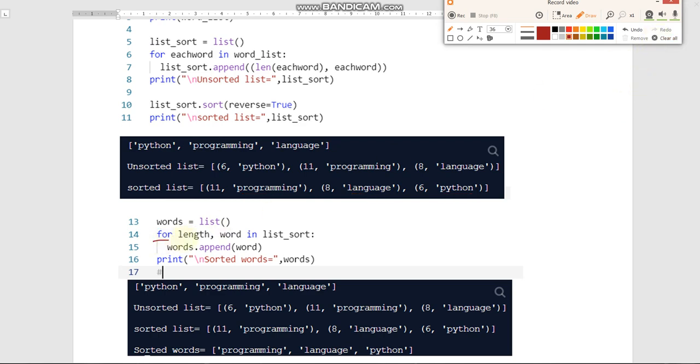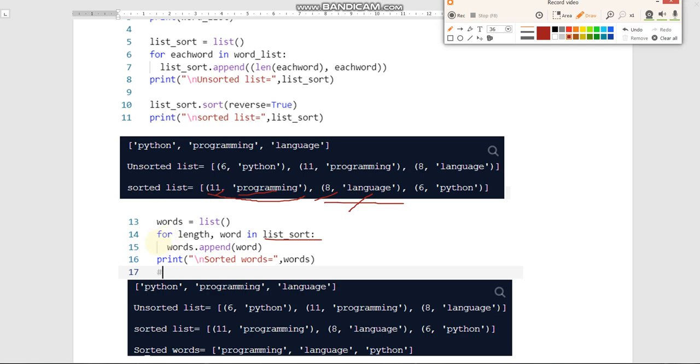For this for loop, two iterative variables are there. Because it is a list of tuples, length is the first iterative variable and word is the second iterative variable. List sort is not a simple list; it is a list of tuples where each element is a tuple combination of length and word.